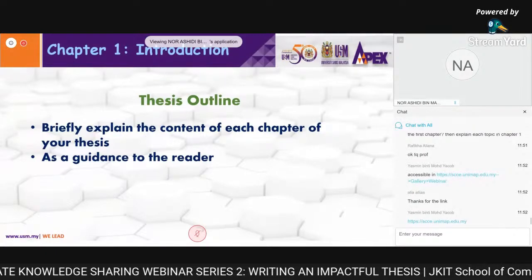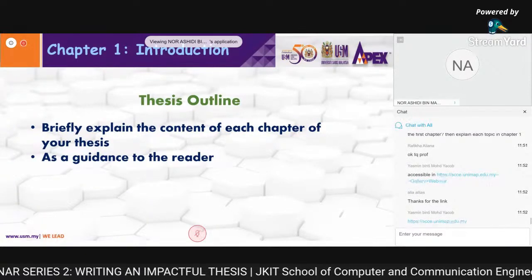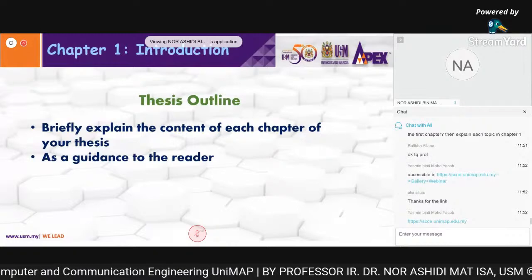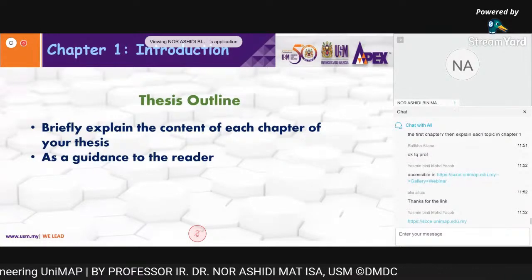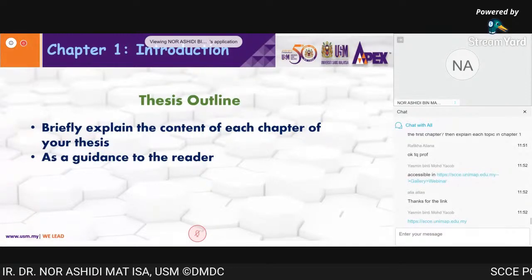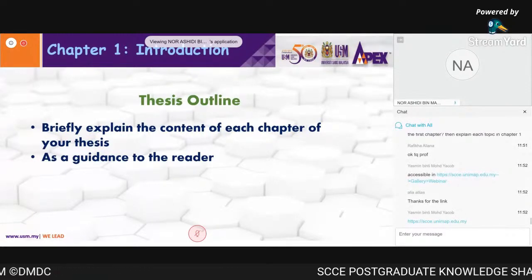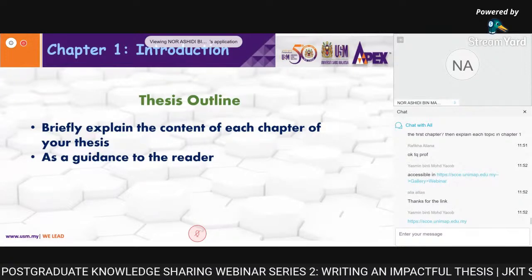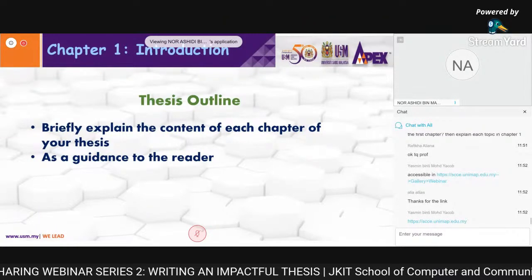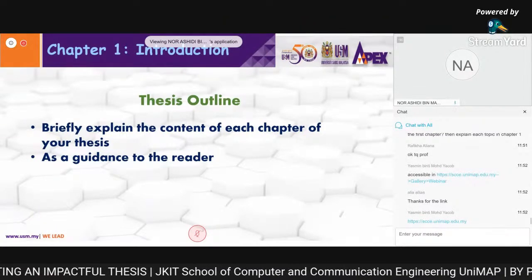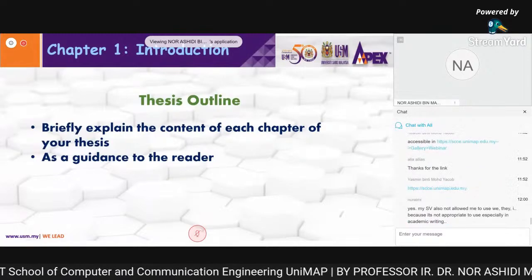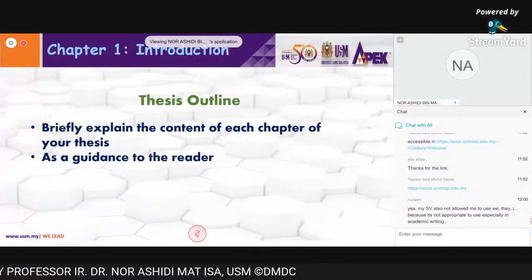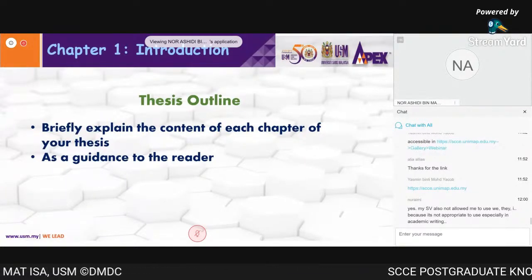Because at the end of the day, during the Viva, only the student will be questioned. It's not the supervisor. So it's not fair if we use "we", then only the student gets questioned while the supervisor takes credit. So for me, I prefer that you please do not use we, I, you, and so on. You just use this study, this research, and whatever. So it's more proper for me. Okay, thank you, Prof.